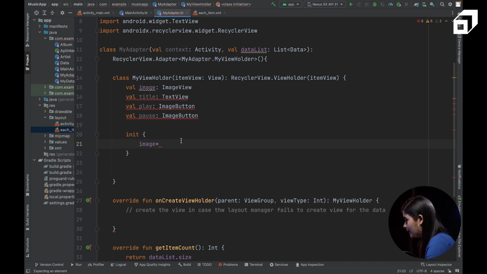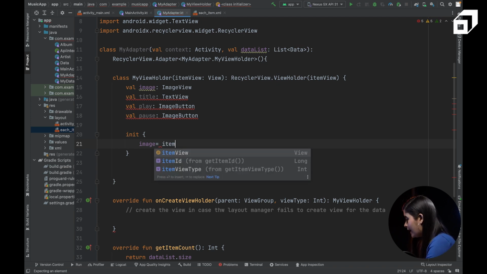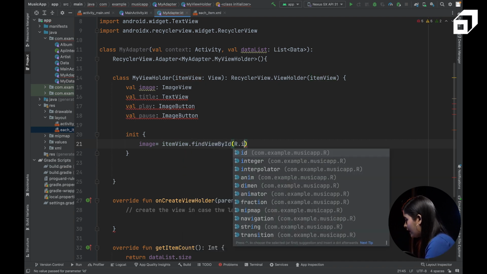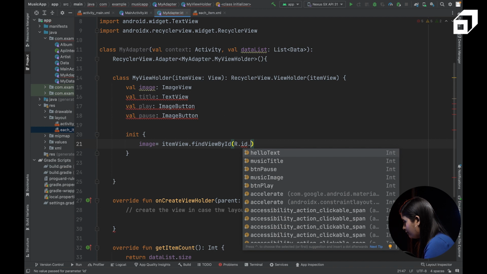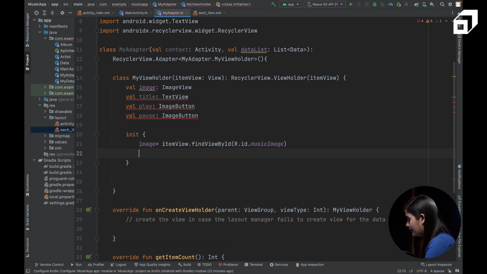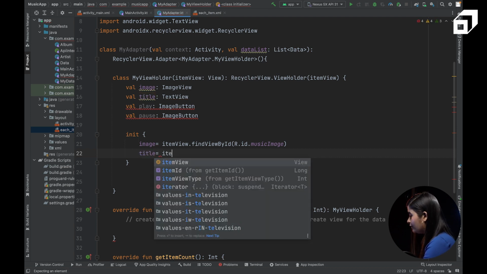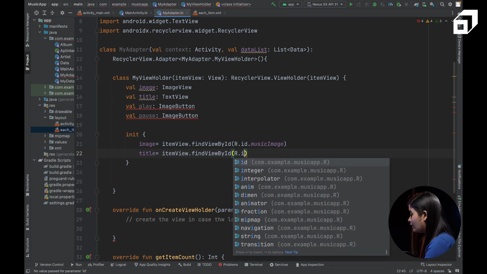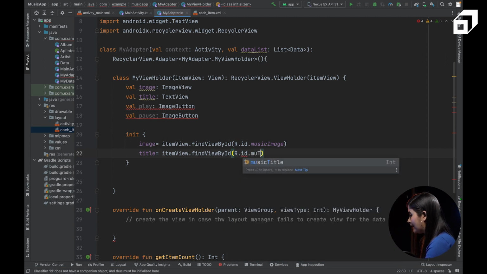So image is equal to item view dot find view by id, and r dot id dot, we have music image somewhere, right? Music image, let's bring it up. Awesome. And then I will initialize title is equal to item view dot find view by id, r dot id dot music title should come up